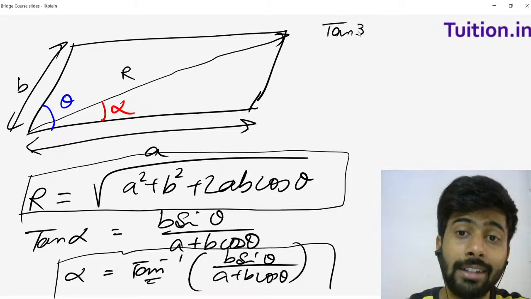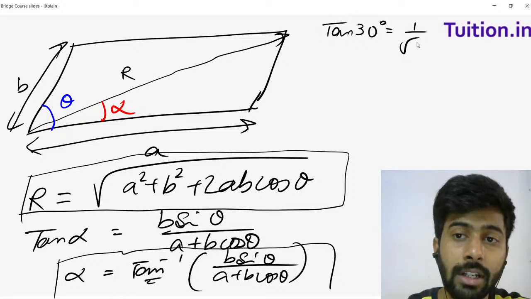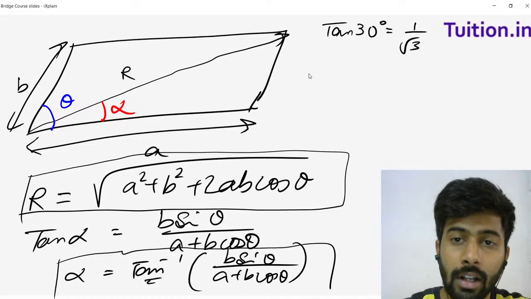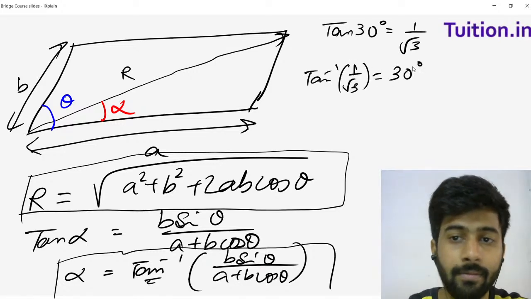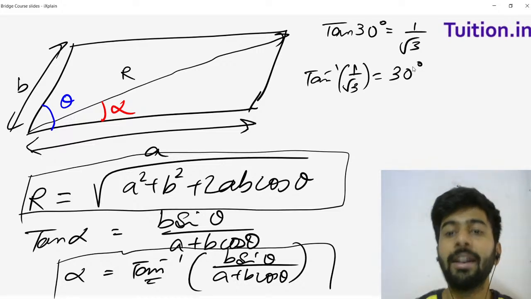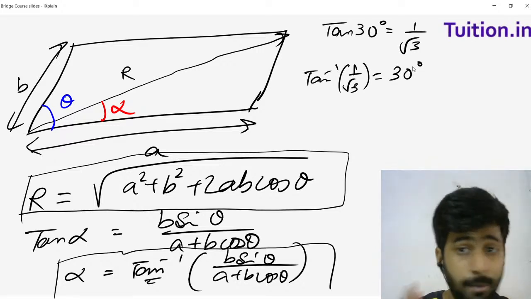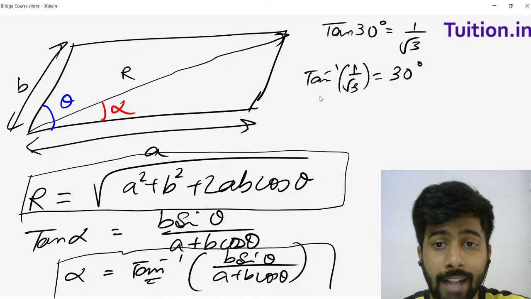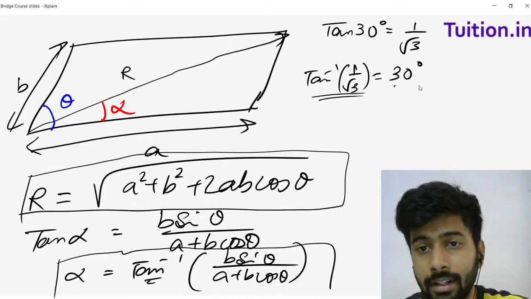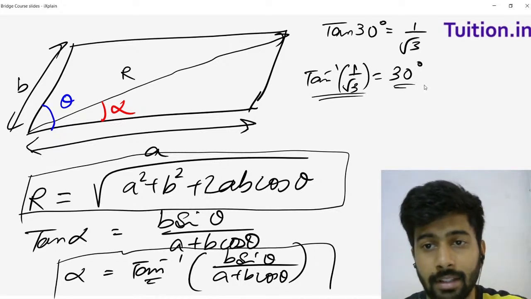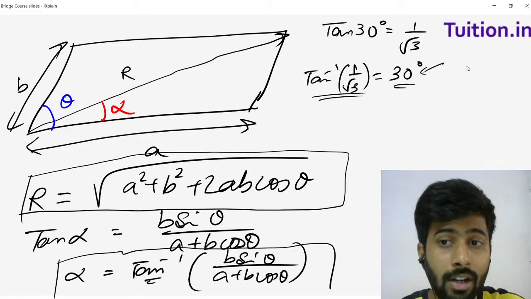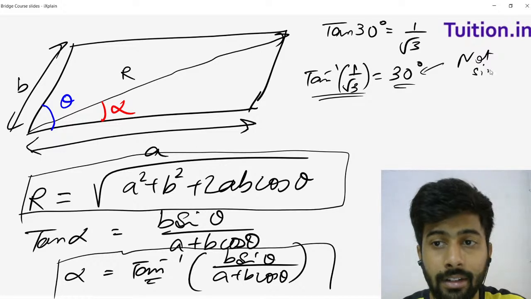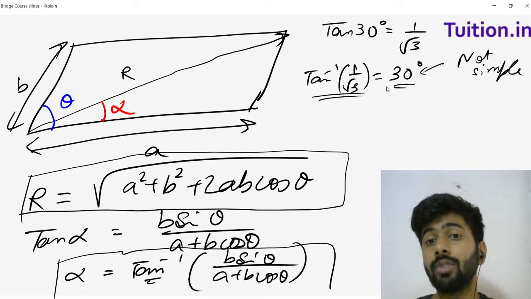You guys know that tan 30 degree is 1 by root 3, right? So tan inverse of 1 by root 3 is 30 degree. For now, I want you to imagine it like this. Later you will study more complications about inverses. They are not this direct. There are other complications which are involved with